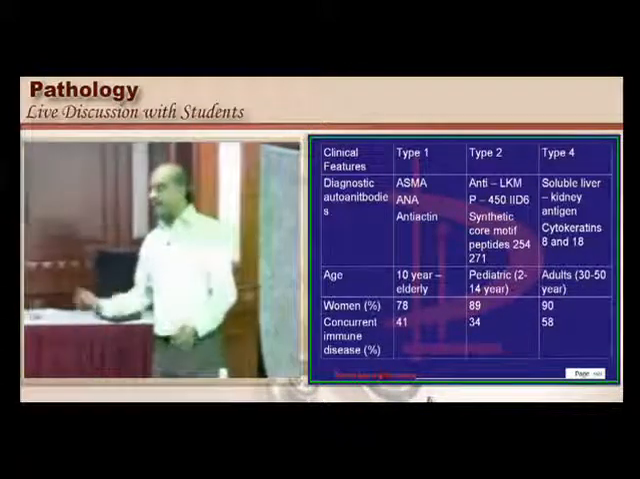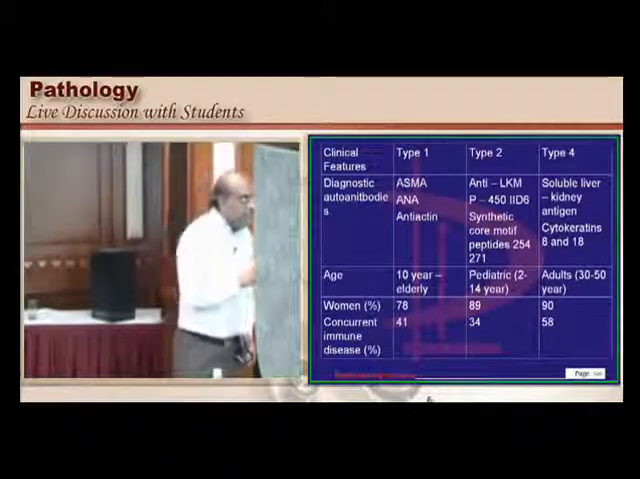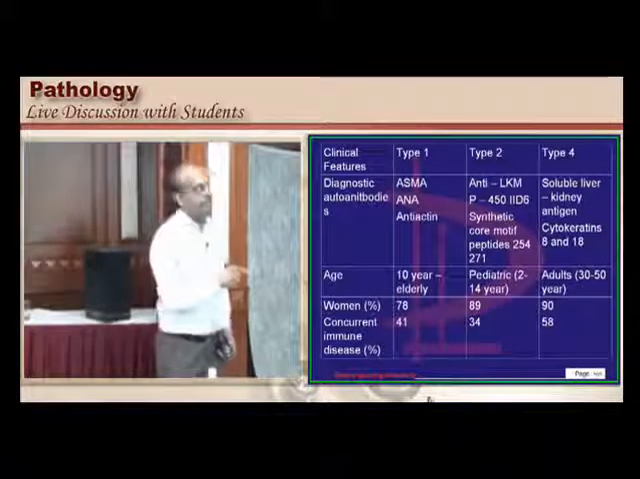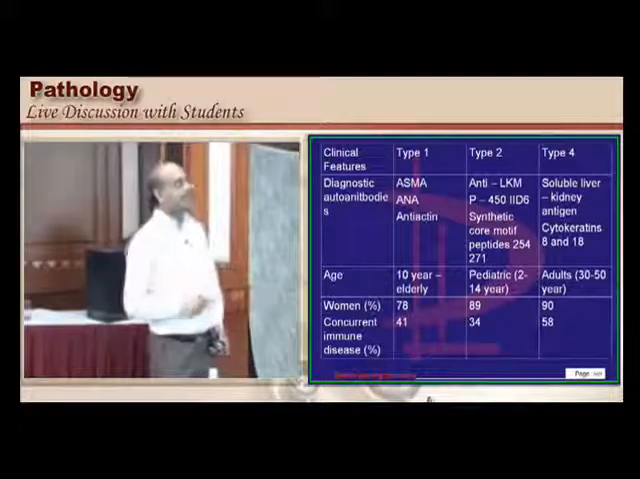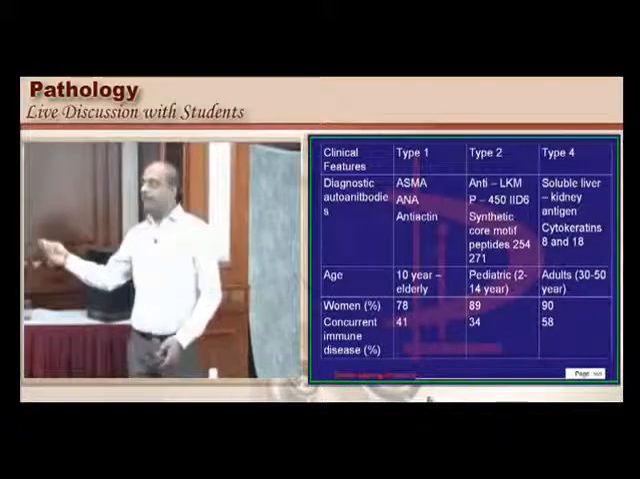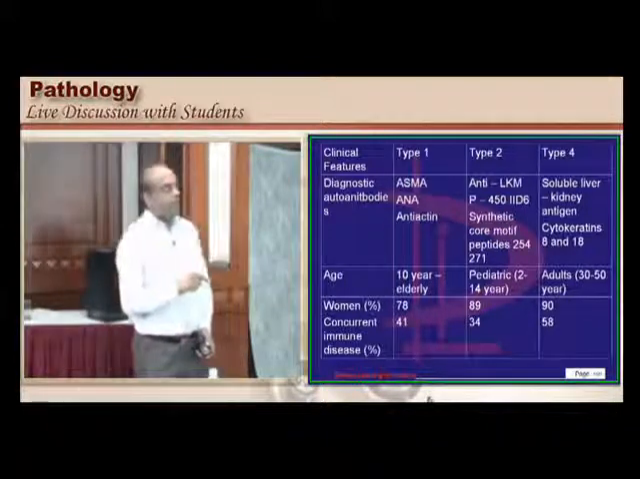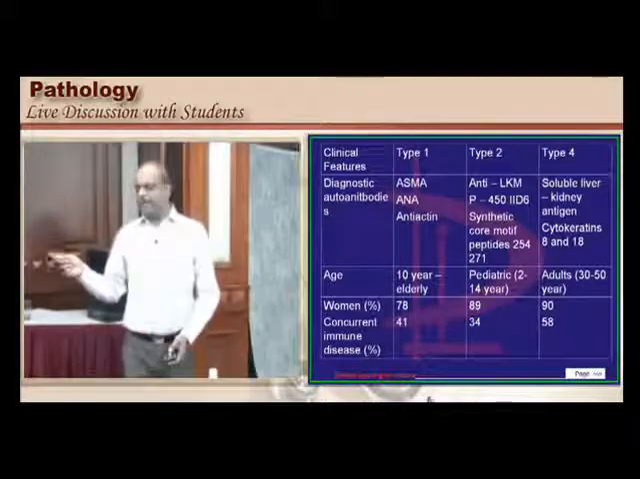So serologically they are different. Number 2, age. In the pediatric population you see type 2, 2 to 14 years, whereas in adults, 30 to 50 is type 3, and 10 years in type 1. Similarly, women and men differ. Classically, type 3 is female predominant, 90%, and of course all 3 types of autoimmune hepatitis